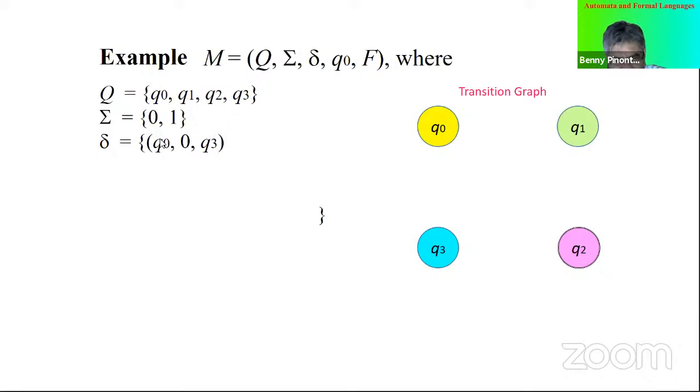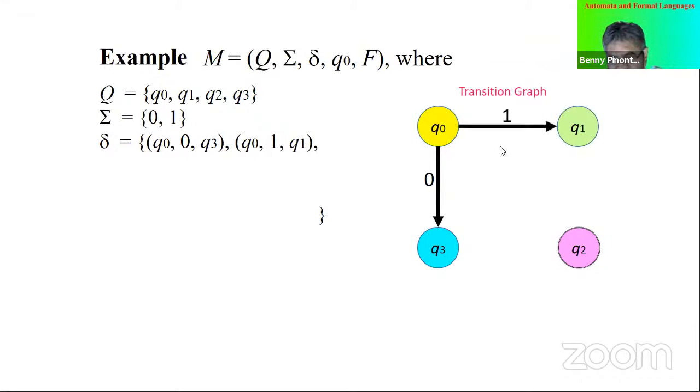These are members of delta, the transition function. Now, Q0 with 0 going to Q3. In the graph, we see it like this. Then the next one is Q0 with 1 going to